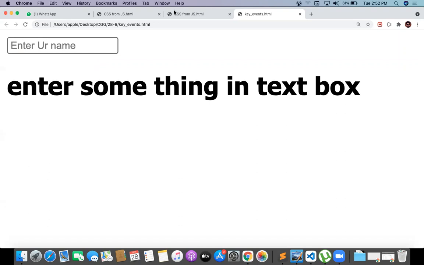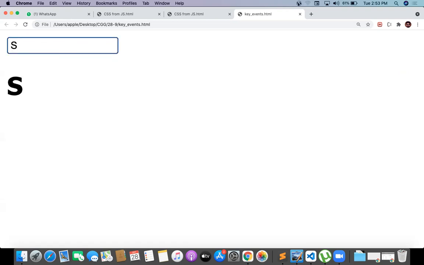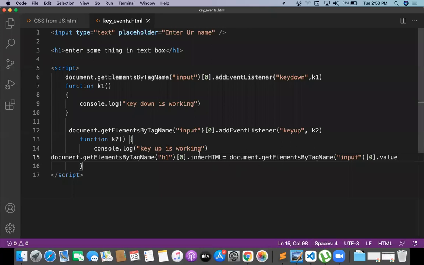By default, you don't have any data in the text box, and you have the H1 here: enter something in the text box. When I enter some value in the text box and trigger this event, the data is dynamically transferred from the text box to the H1. The inner HTML is going to be filled with your value.